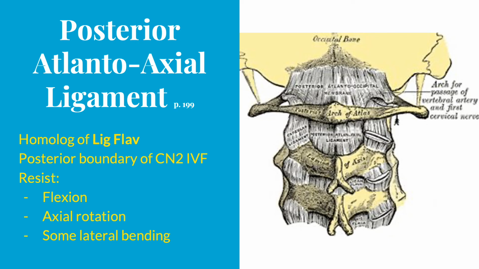So this was involved in that as well. So your posterior atlantoaxial ligament is that ligament between your atlas and your axis. It's going to be a homologue of the ligamentum flavum. Remember, Mr. Mortar loves homologues, so definitely know that. So between atlas and axis, that's going to be your